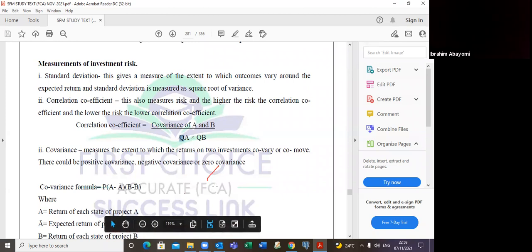Now, covariance, what does it measure? We have seen what standard deviation measures. Covariance measures the extent to which the returns on two investments could vary or move. Just like we have it under correlation, you can have positive covariance, you can have negative covariance, you can have zero covariance. Majorly, the difference between covariance and